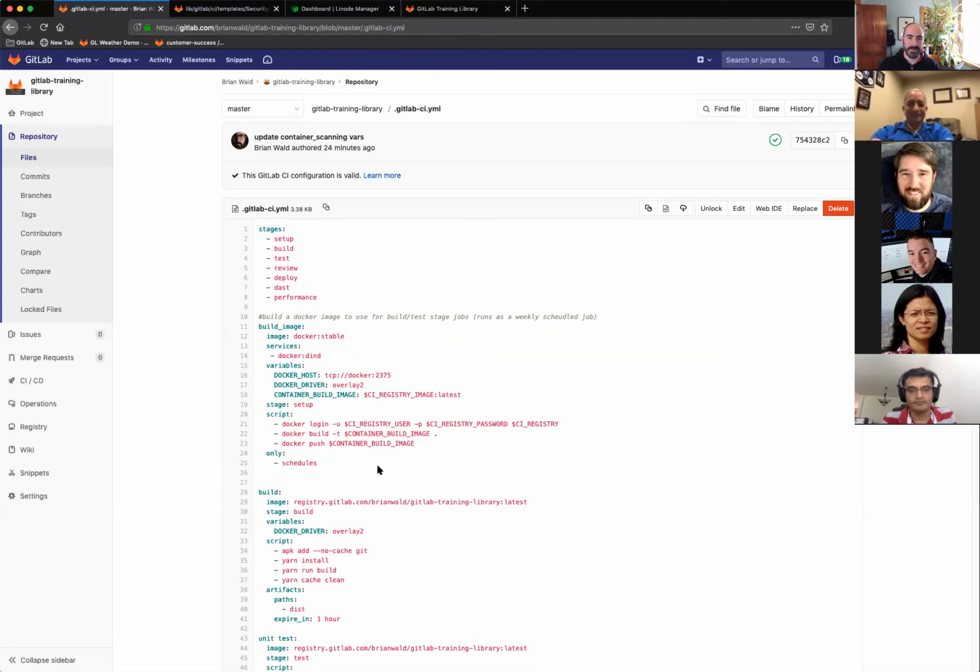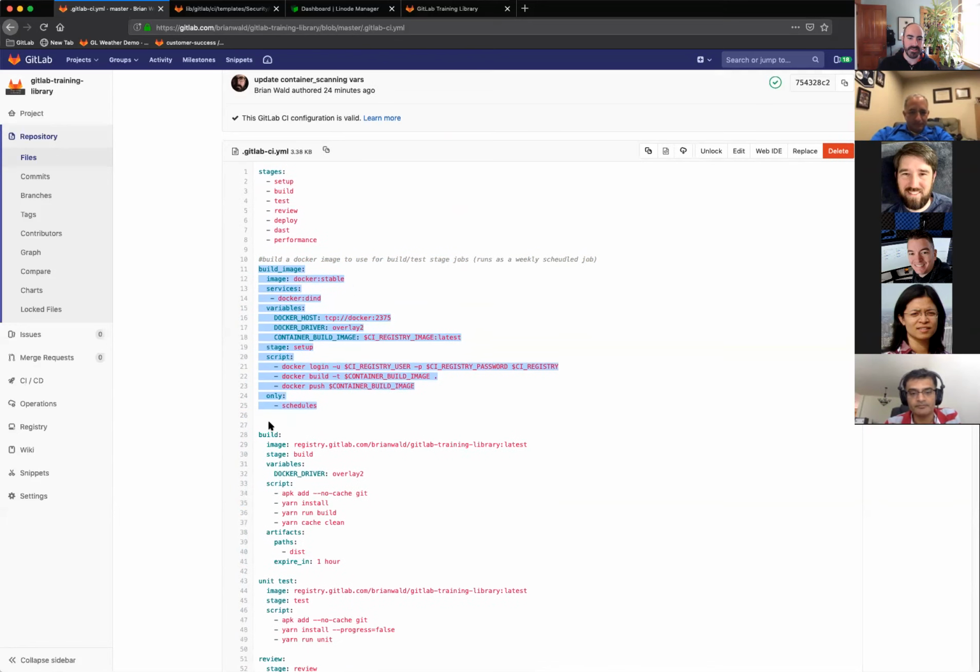So essentially, what I was talking about was this job here, which builds my Docker image that I'm using for these subsequent build and test phases. And you can see how I'm pulling in that image here. This is where I build the Docker image. I log into the registry, I build my Docker image based off of that Docker file I have at the root, and I push it into the registry with the predefined name, which is going to be the name of my project